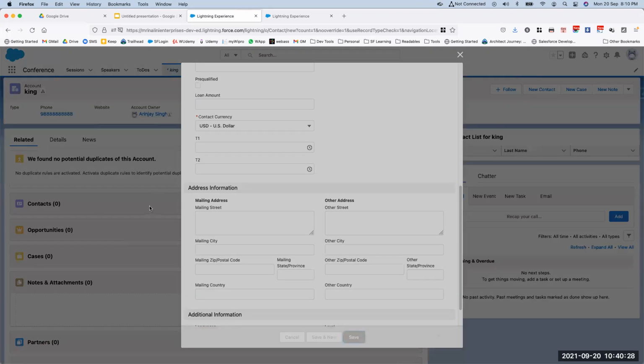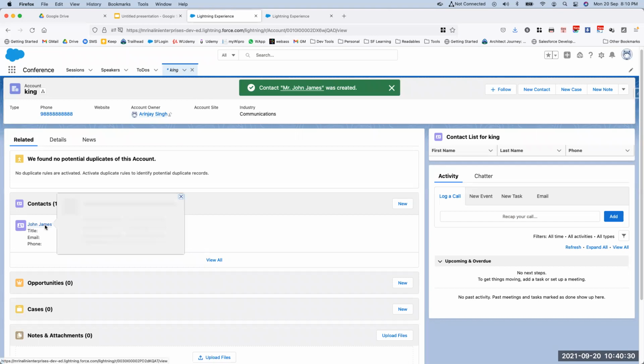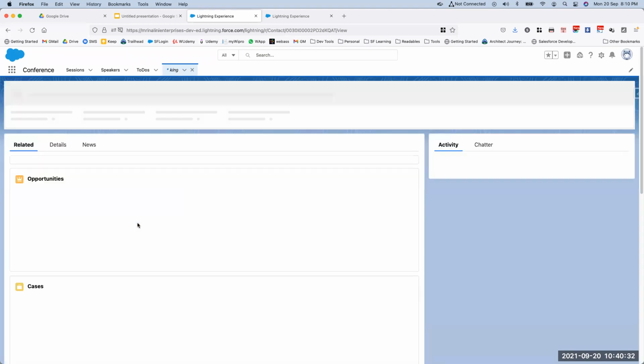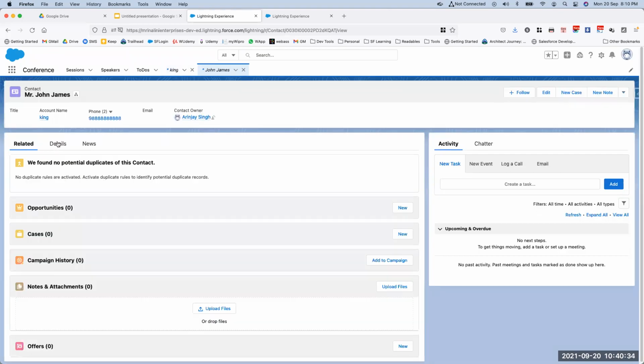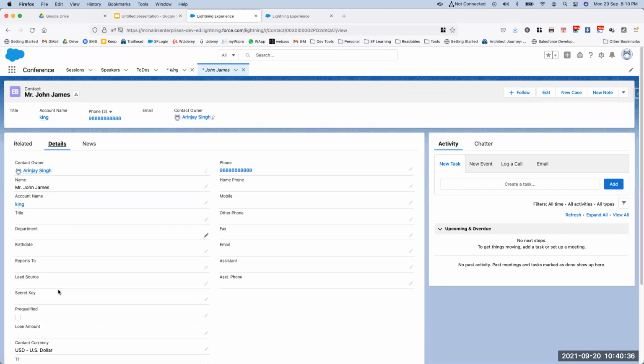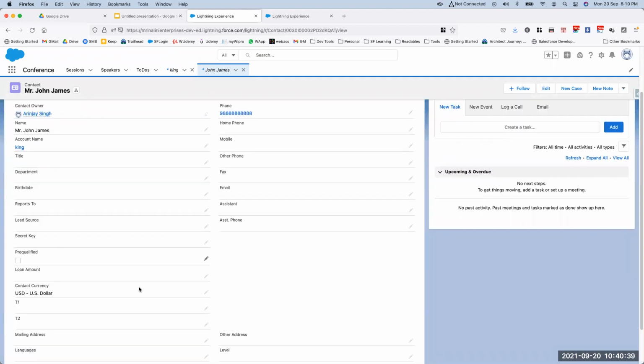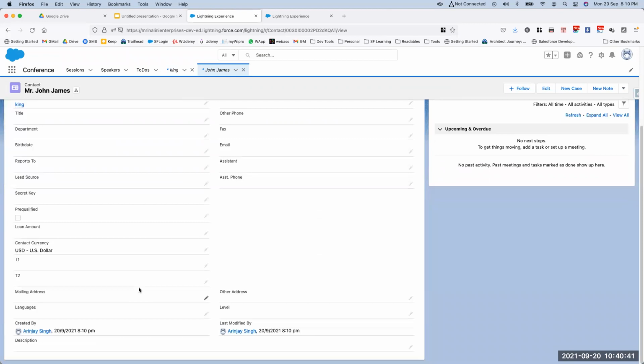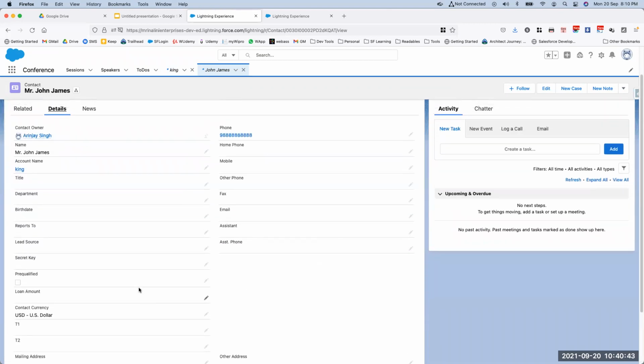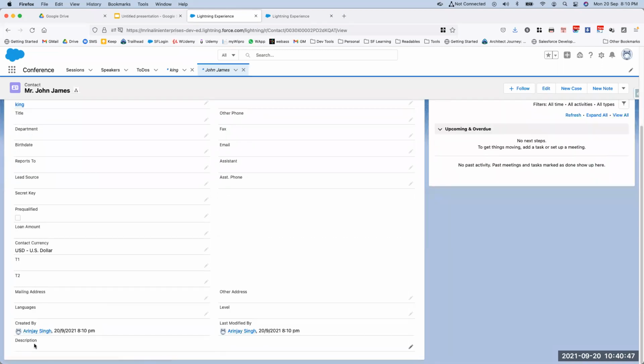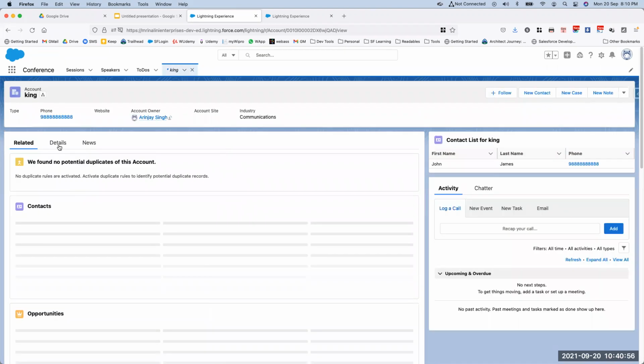So there is one contact named John James, and let's first check its description. Yeah, see, the description is empty. There is nothing here. And let me create one more contact.